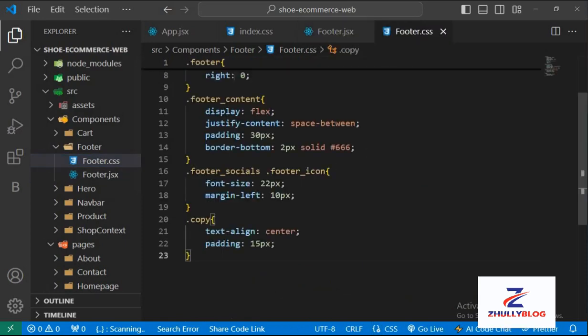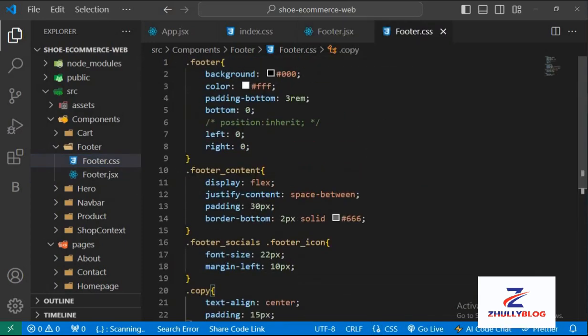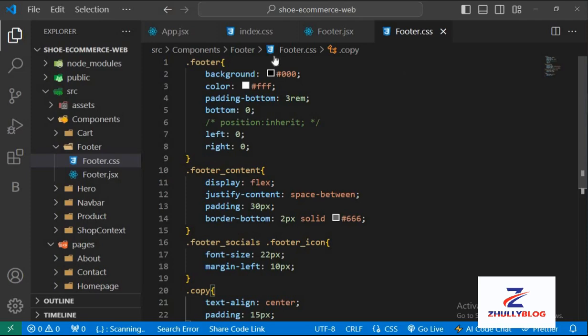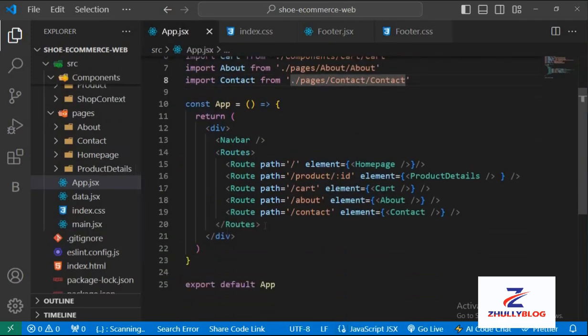Now for the CSS, this is all we're going to have as the CSS. For the footer, background, the hash, all of this is going to be the footer. So in my app.jsx, I need to, after my route, I need to mount my footer components. Okay,